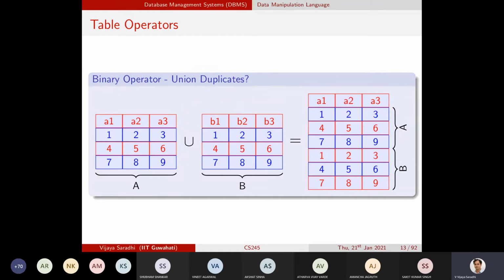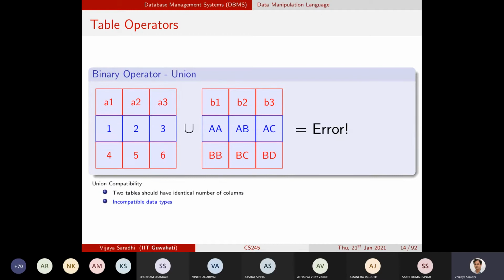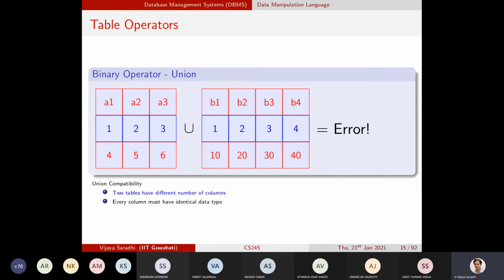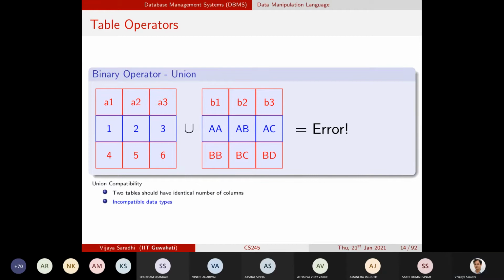So now this is the way in which the duplicates will be handled by the union operator. Sir, I have a doubt. If there are identical duplicate rows within a table and we perform union without using the word all, we just write union in the select statement, will the duplicate rows be there in the union table or not? No, no. The moment you say union without all, you are instructing that you eliminate all the duplicates wherever they are.